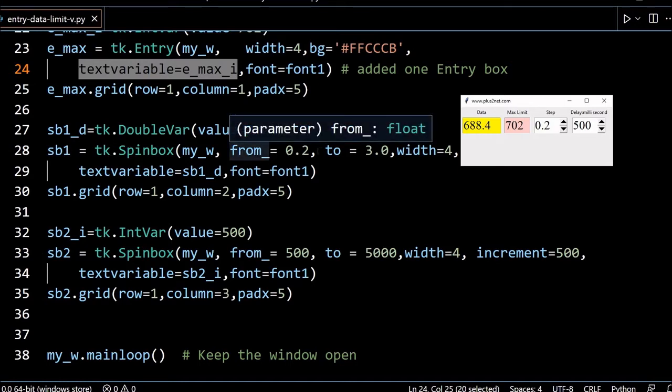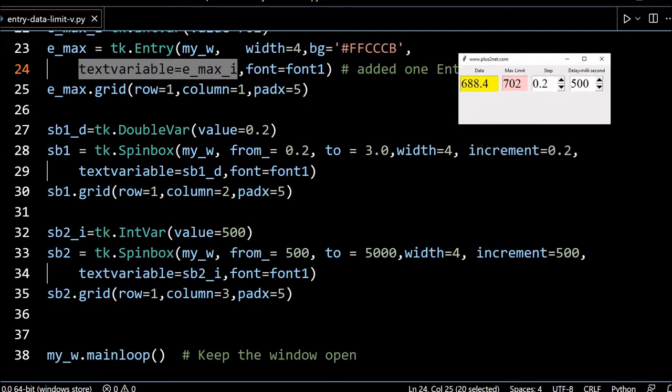But this spin box has a start value and an end value. It is from 0.2 with an increment of 0.2. So it starts from 0.2 and ends at 3, with width being the width of the widget. The increment value is 0.2. Every time I click, there are 2 buttons, I can increase or decrease. I can operate it. You can see I am going up, and up to 3 I can go. So I have kept it at 3.